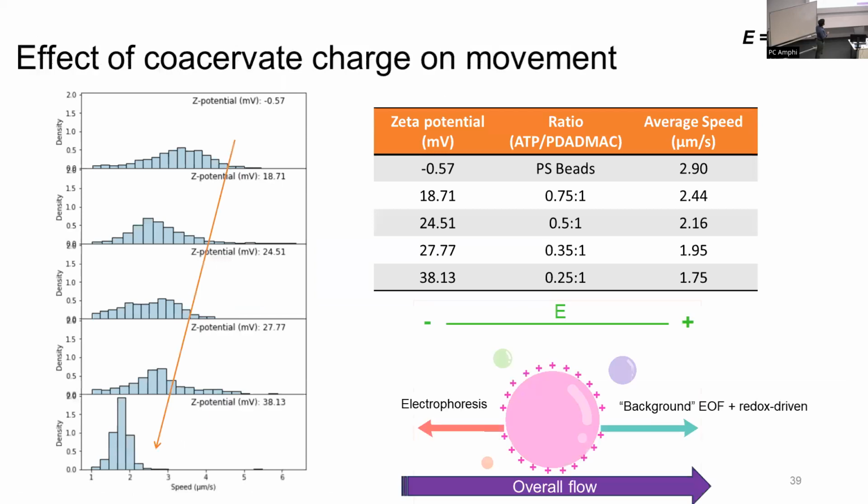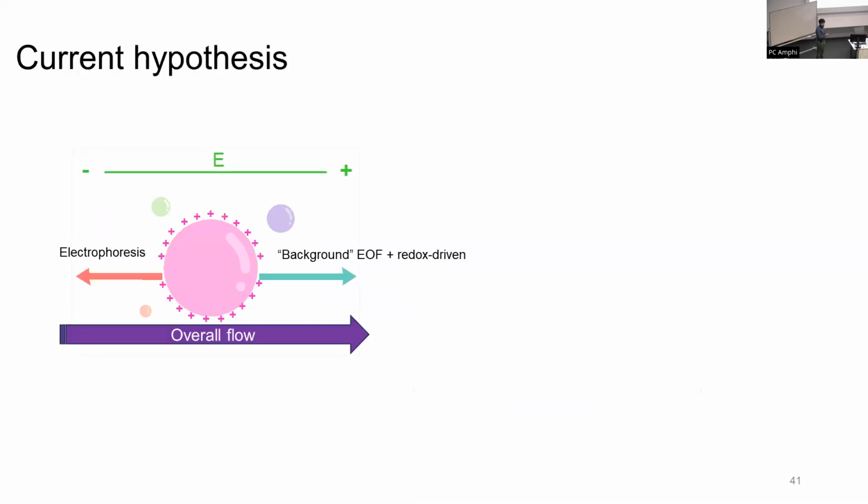This I will skip a little bit. We did some investigation, mainly measuring the speed at which different particles move in different conditions. And what we found is that in this case, you have two opposite forces. You have a background flow coming from electroosmosis and this hydroxide-driven flow. And you have electrophoresis that, since the coacervates are positively charged, is going in the opposite direction. And in this case, the more charged the coacervates are, that's actually slowing them down and making them not move as fast. We did most of this for rigid